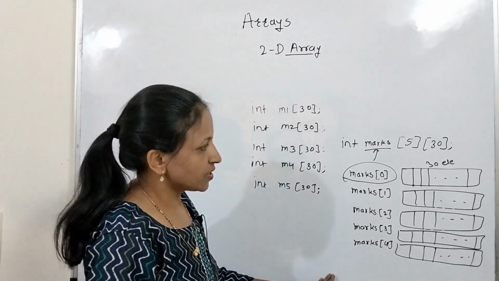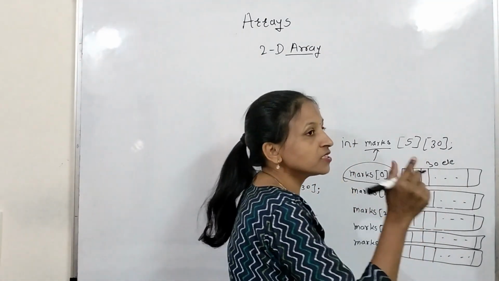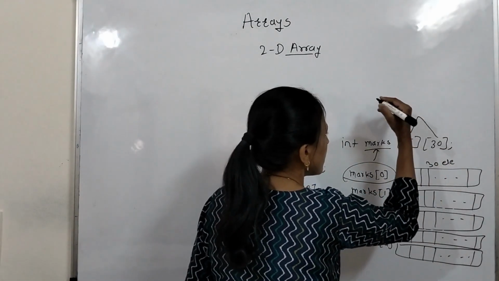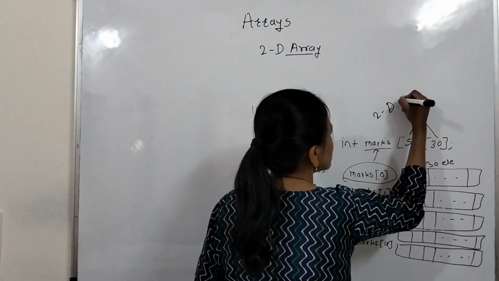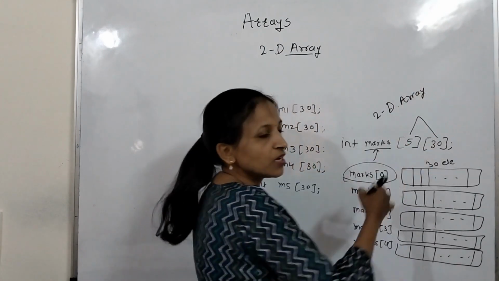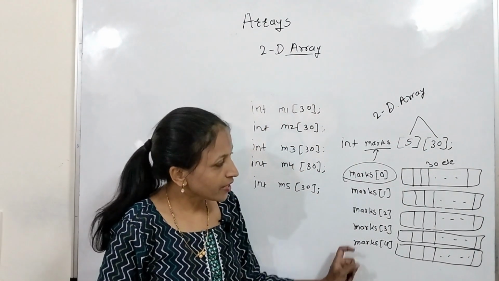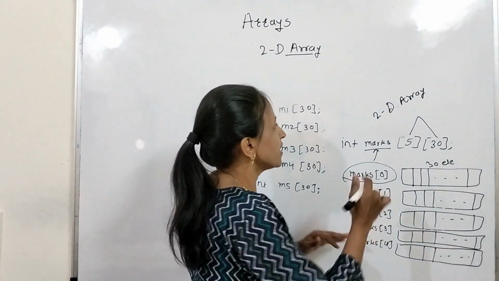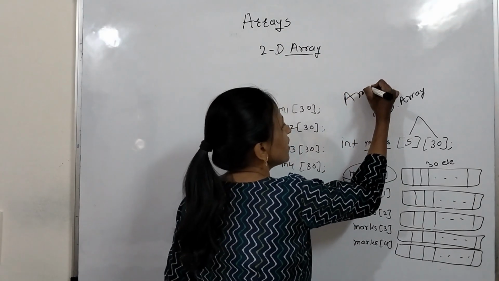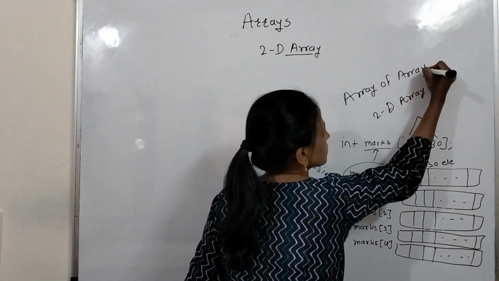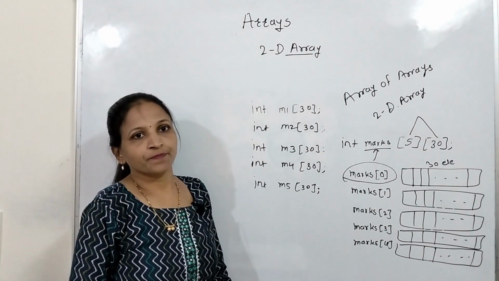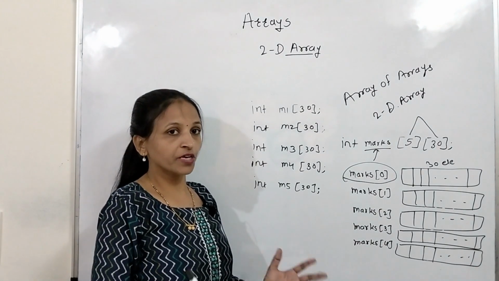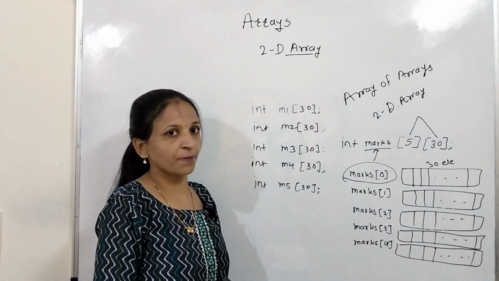This is the concept here, and this is called a two-dimensional array, because see here there are 2 dimensions. This is called a two-dimensional array. Now, a two-dimensional array is an array of arrays. In this way, a two-dimensional array is nothing but an array of arrays. This is the concept only. Getting it? Now here, what is the syntax to declare an array, how the internal memory representation of that two-dimensional array looks, everything I